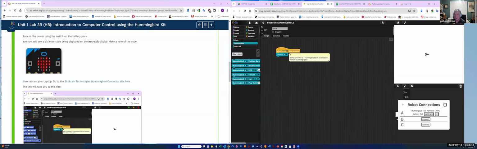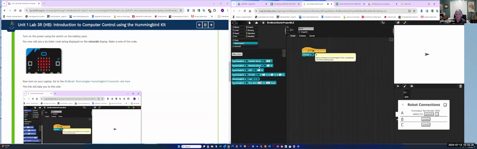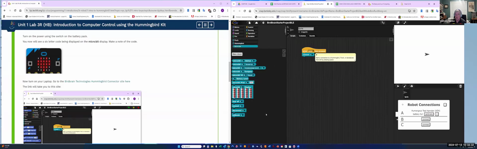different activity or different things. So let's just move this out a little so you can see all of those. There we go. So those are our Hummingbird blocks that we can use to do all sorts of neat things. And here are the Microbit things that we can use also. And if you wanted to, we can actually get rid of this now and actually open up a new project, because this, once this disappears, you actually still have